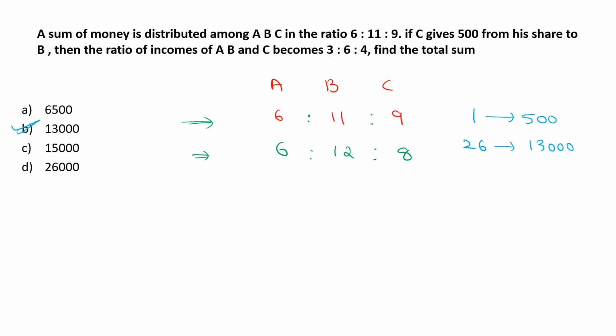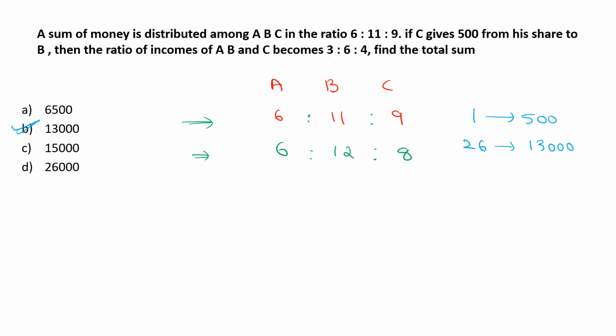Okay. This is the wisest way to solve these types of questions. Don't go with the traditional methods of assuming 6x, 11x and 9x. No matter what form the ratio is in, the amount they distributed among themselves is the same in each case. If we are comfortable with that point, you would be very comfortable solving the question very wisely and very easily. That total amount 26 would be 130 hundreds. That means 13,000.